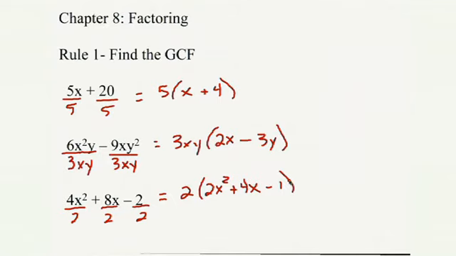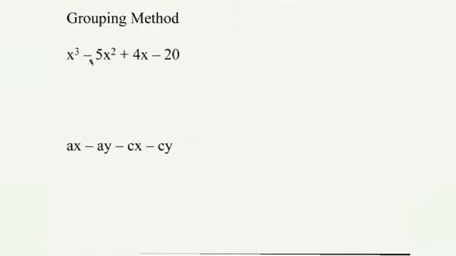Okay, let's move on to a couple more difficult questions in this area. Now, working on the grouping method. First of all, we cannot forget Rule 1, can we, Bill? No, you still have to look and make sure there's not a common factor you can factor out first. Right, so we're going to look at this problem. We look at the x cubed, the x squared, the x, and then we have a number 20. So we notice, first of all, we don't have x's in all of them. Then we look at our numbers, and clearly we don't have numbers we can divide in all of them. So basically, we cannot use Rule 1 on this problem.